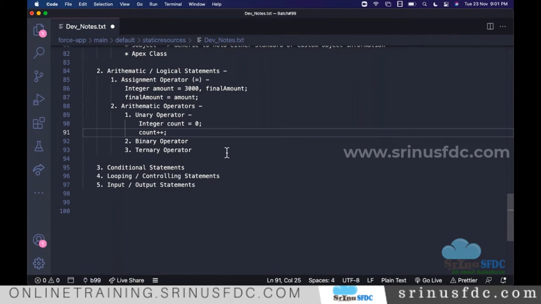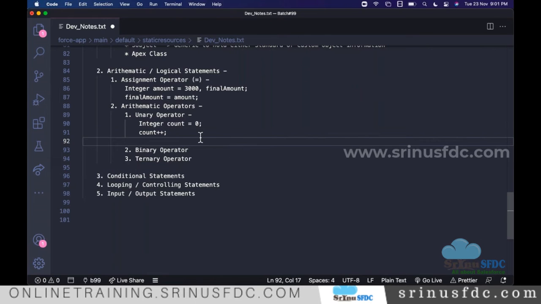So like this, if you use, people say it is a unary operator, one variable and one operator. So the meaning of this one is every time it will increment by 1. Internally, the meaning of this one is count is equal to count plus 1.